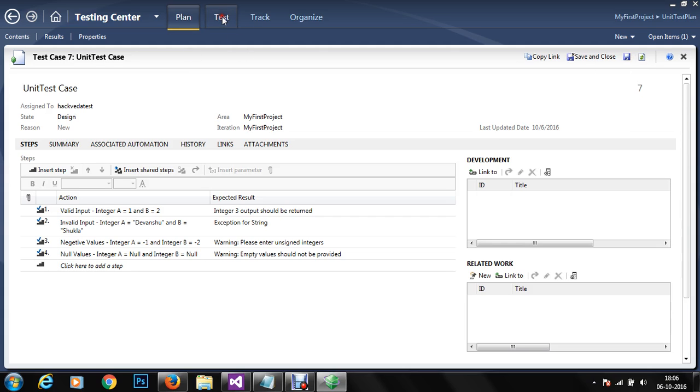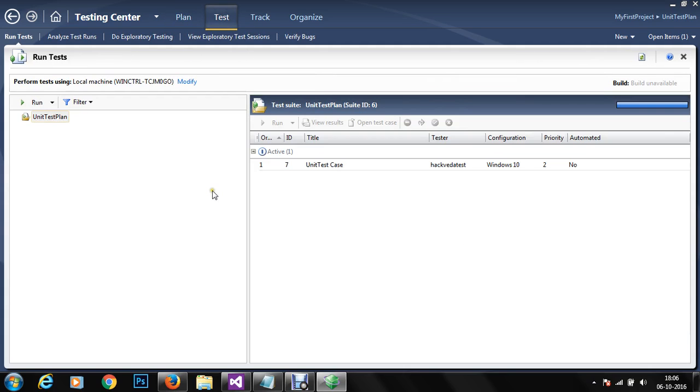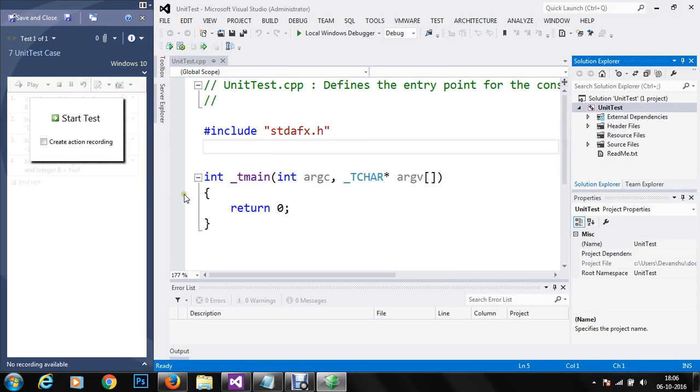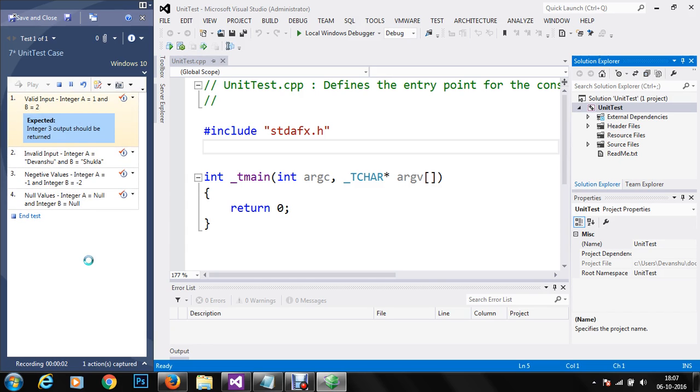And we have to get started with the test. So we'll go to the test case now, and here we have an active test. What we can do is run the active test, and we have written one active test for our add method. So at the moment here we have a test, and we can create the action recording, and we are going to start the test. So we have started the test.